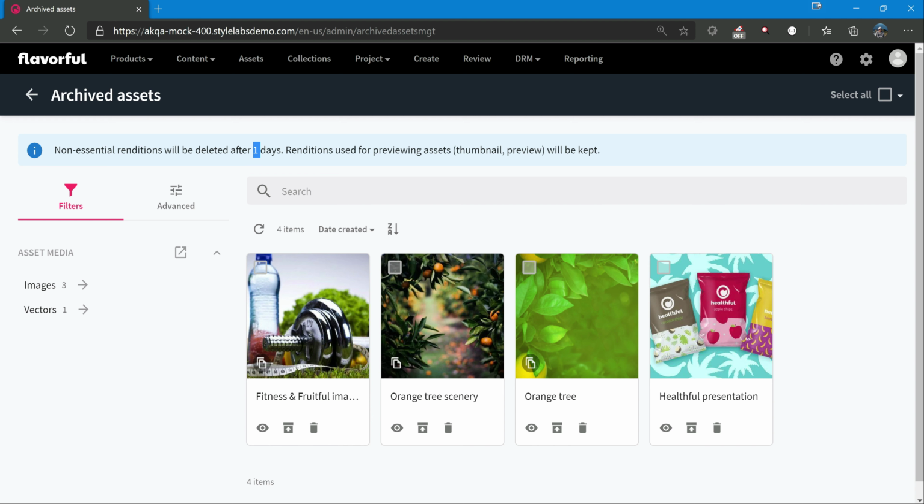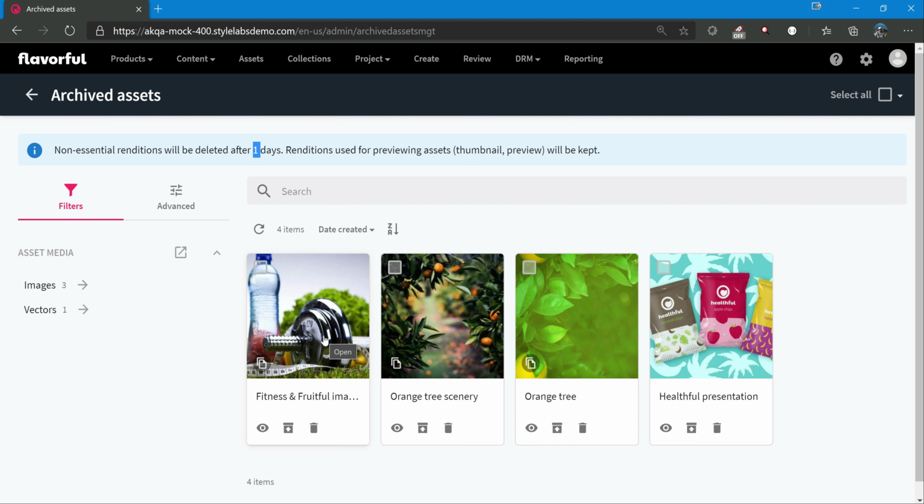After this certain number of days, each asset will have a number of renditions, be it the original file as well as an alternative file, preview, thumbnail, metadata and some other PDF or other formats.